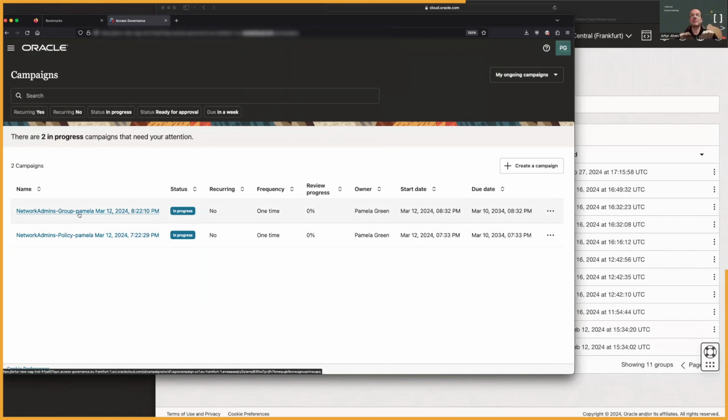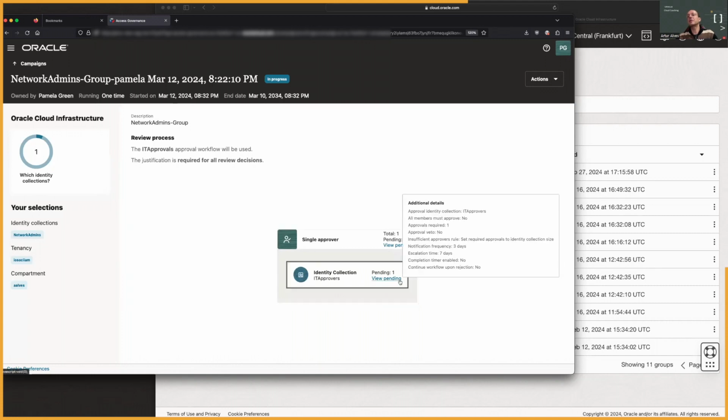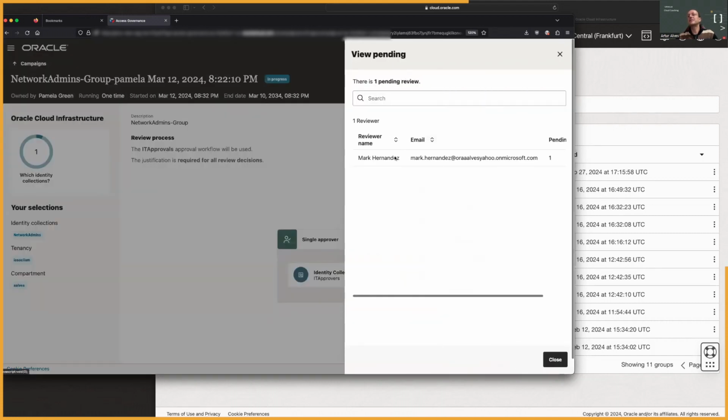It's exactly what you saw before as I created it, and it's already pending approval, and we can see who it is pending with. So Mark Hernandez, he's the IT manager, and he's the IT approver defined in this group that I mentioned before in the workflow design.